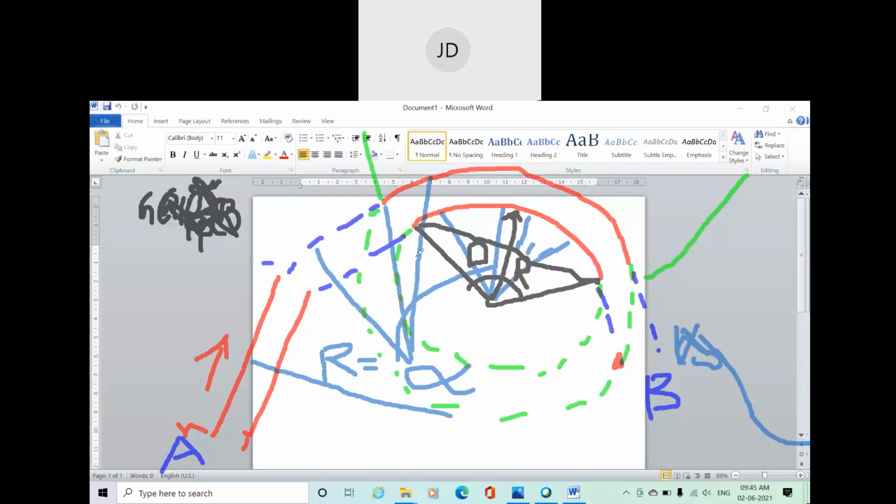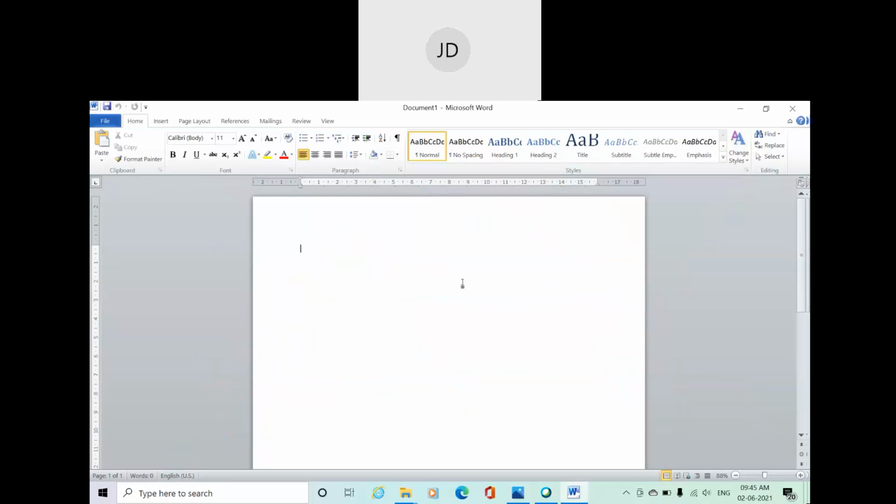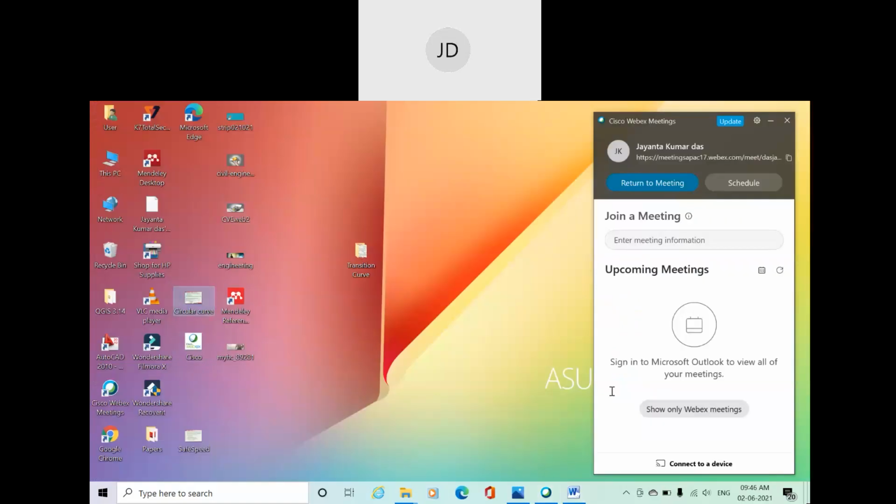So this is the basic idea about transition curve and circular curve. Okay, understood? Okay, now let me show you something else. Wait, this thing's clear, right? So I'll show you one more thing. Okay,